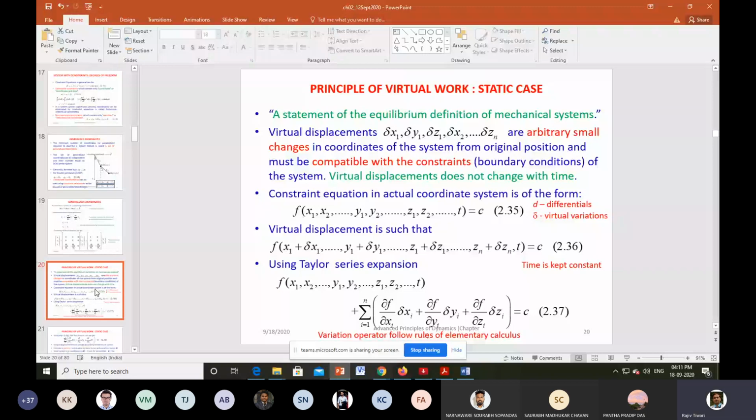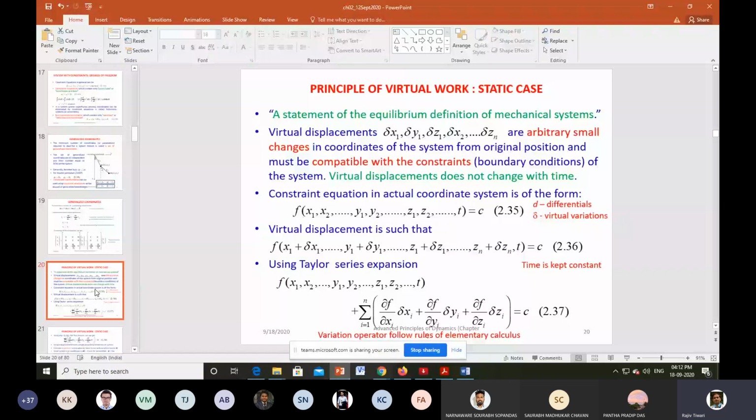Here, the principle of virtual work will be used to obtain the equation of motion of the dynamic, multi-degree of freedom system. This is a very basic approach, and you will see that for more complex systems, we have difficulty in the virtual work principle,